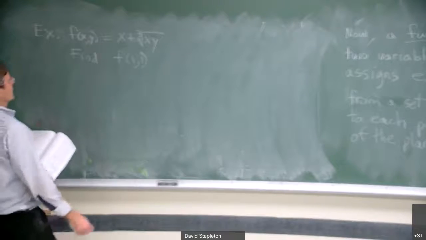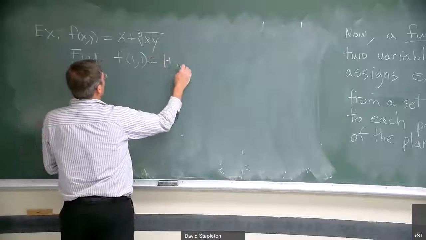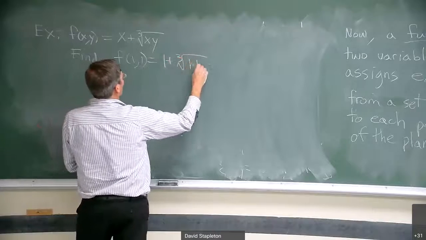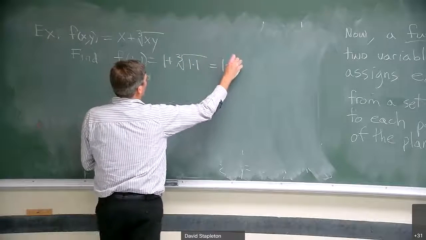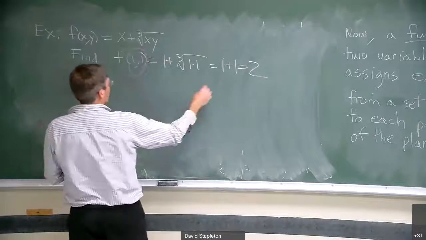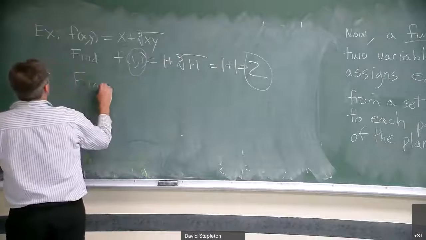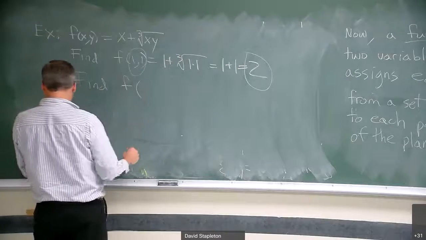Well, it's just like a function of one variable, you plug the numbers in. It's equal to 1 plus cube root of 1 times 1. Oh, it's just 1 plus 1 is 2, right? So you input the pair 1, 1, and you get out the number 2. So now you can do trickier things. You can find f of